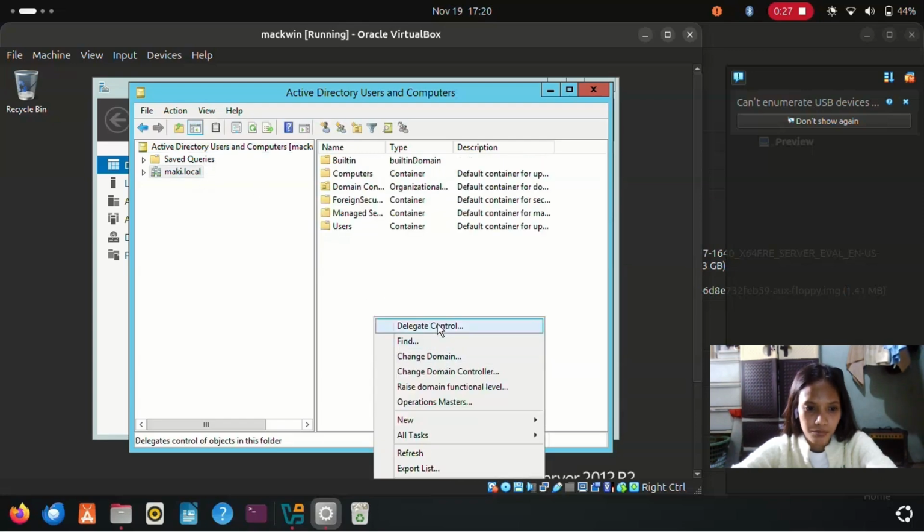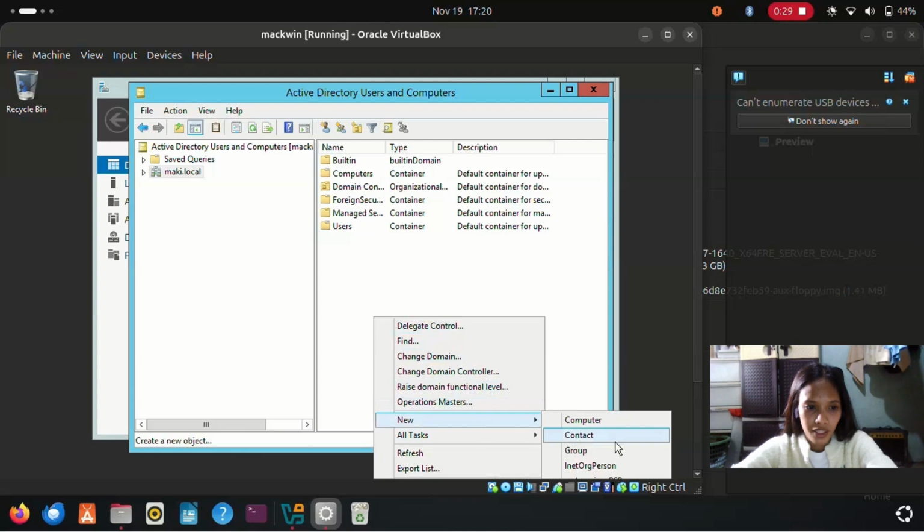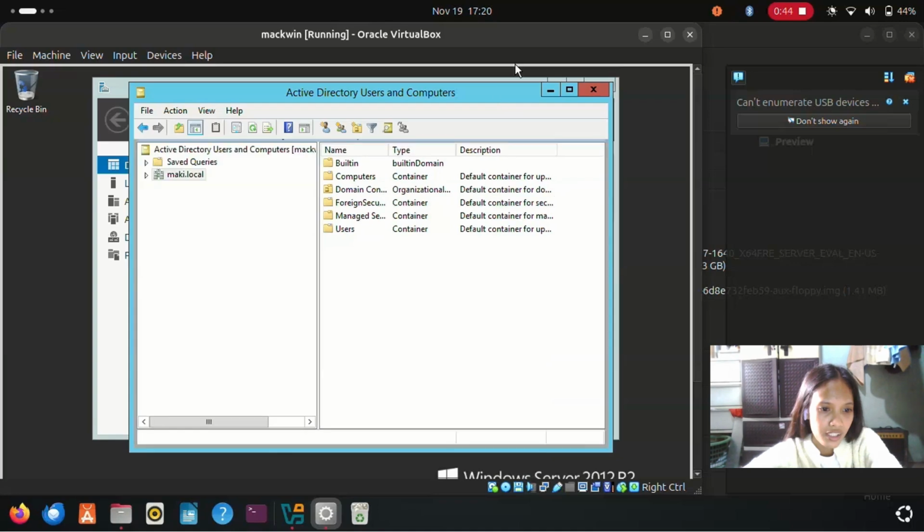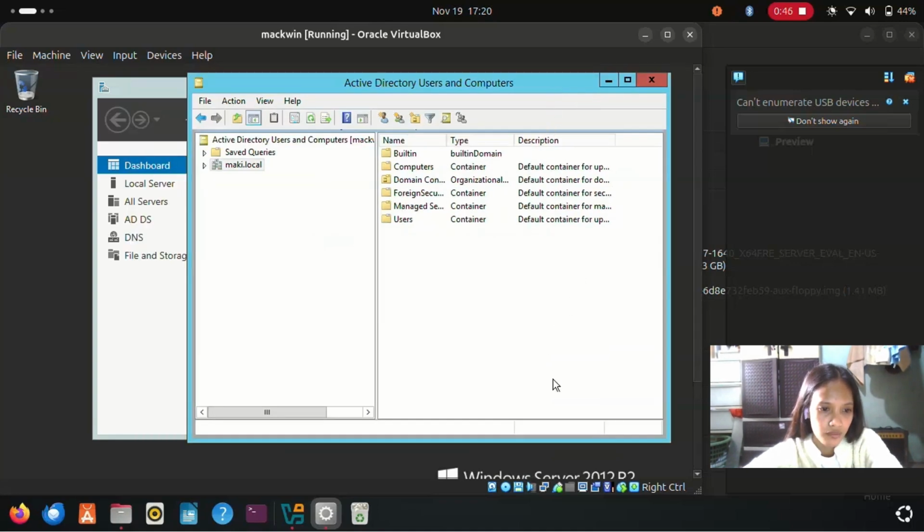For the next step, I will be creating an organizational unit. So the user right clicks the domain root in ADUC and creates a new organizational unit named users.